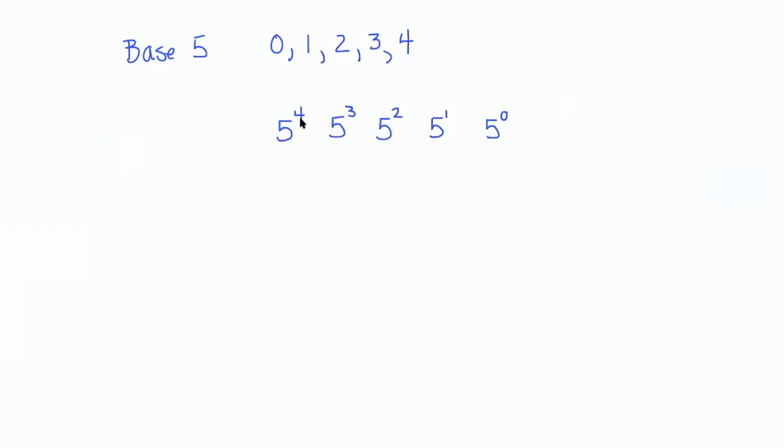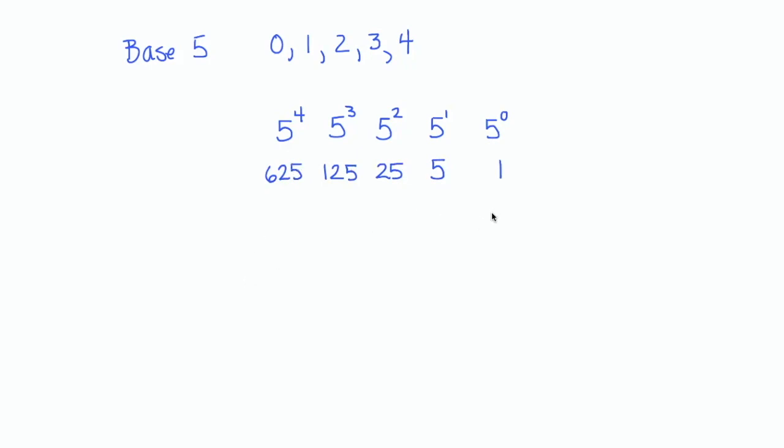If, for instance, you decide that you're going to work in base 5, well, in base 5, the digits are 0, 1, 2, 3, and 4. You would create your table starting at 5 to the 0 power, then 5 to the first, up to 5 to the fourth, the first 5 positions. 5 to the 0 is 1, 5 to the first is 5, 5 squared is 25, cubed is 125, and to the fourth power is the